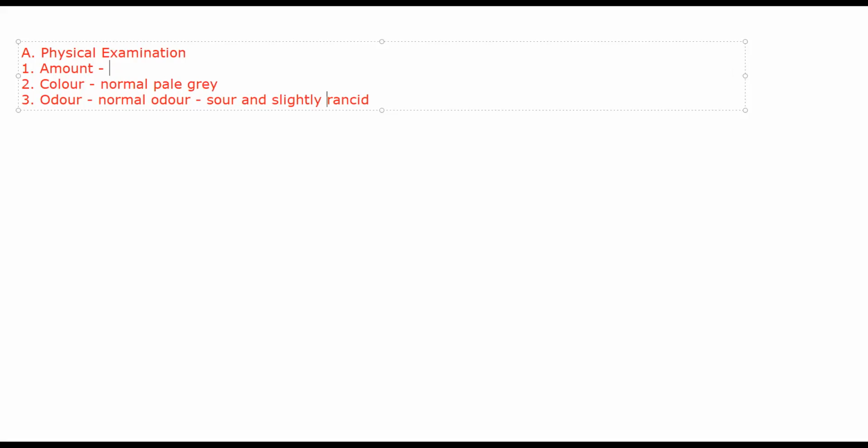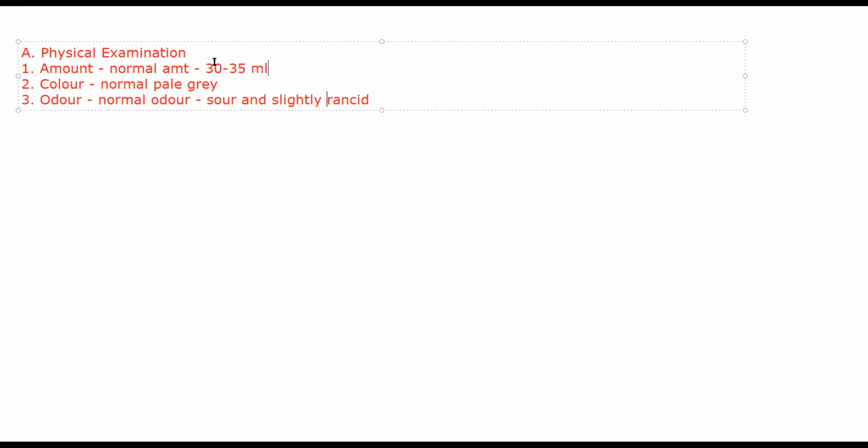Normal amount is 30 to 35 ml, around that range. Then odor will change when there is intestinal obstruction. Agar intestinal obstruction hai to you'll start having fecal odor in gastric juice, or if there is uremia, if there is increased amount of uric acid and urea in the blood, that is when you will start having an ammonia-like smell from gastric juice. Those are the two uncommon odors that you see.